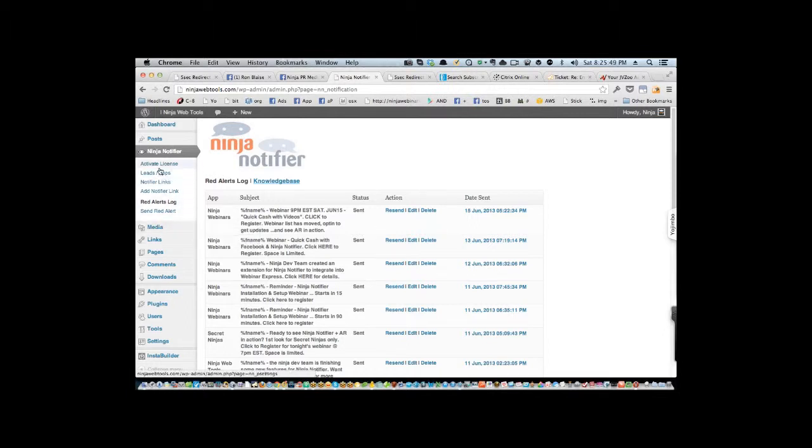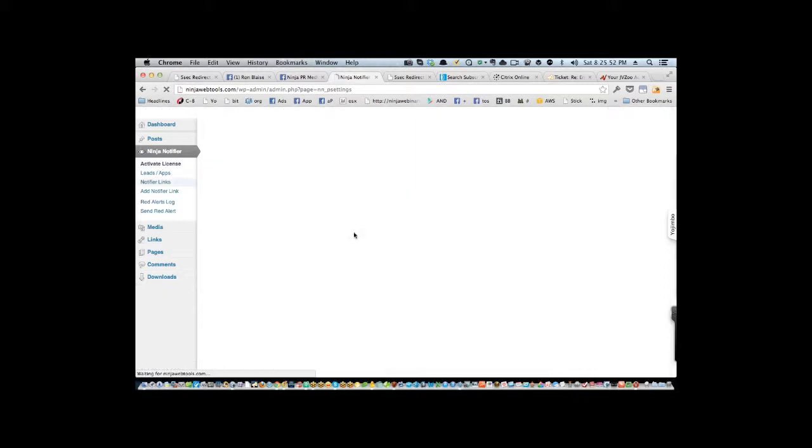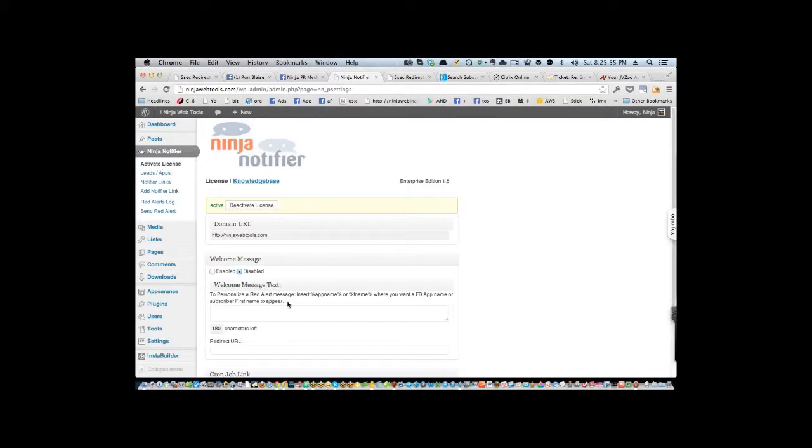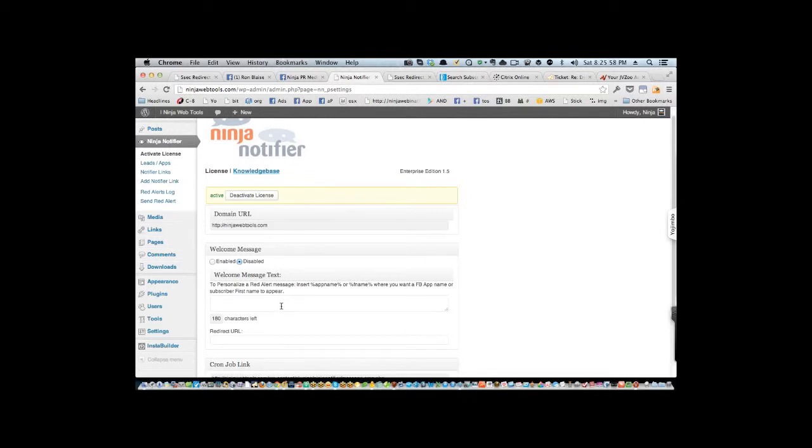Additionally, within Ninja Notifier, we have a functionality called the welcome message. Once a user subscribes to an application for the first time, they will get whatever the custom welcome message is. In this case, I could say welcome, then % first name to personalize it, and then the app name, which would basically be the list name. So if this list was the Hooters list, in Ken's example, it would be welcome Ron to Hooter Girls updates, and then